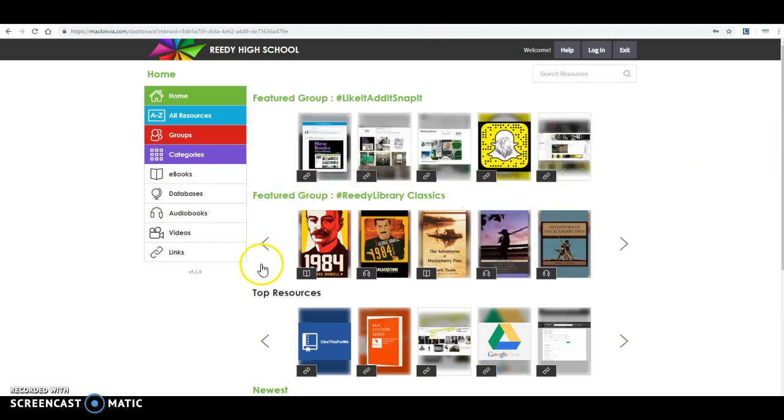Some of the features that I love about MackinVia that I think would be applicable to any school librarian or educator in a setting is especially this groups feature. And MackinVia, you can